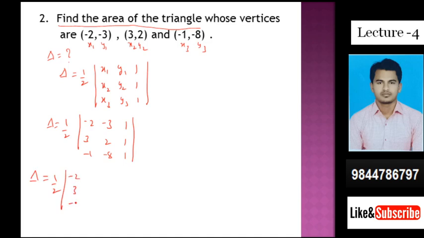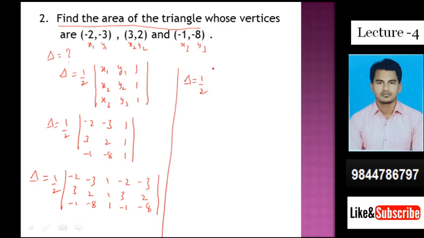Minus 2, 3, minus 1, minus 3, 2, minus 8, 1, 1, 1, minus 2, 3, minus 1 and minus 3, 2, minus 8. Now multiplying with diagonal elements, delta is equal to half into big bracket, again a small bracket: 2 2s are minus 4, 3 minus 3 into 1 minus 3, minus 3 into 1 is plus 3, 8 3s are 24, that is minus 24, minus of again a bracket.